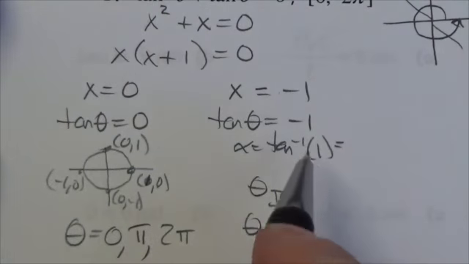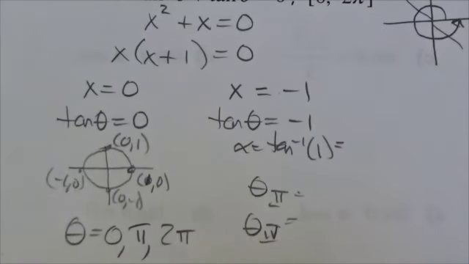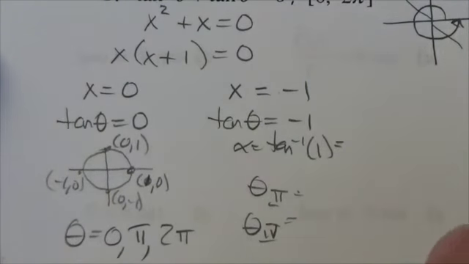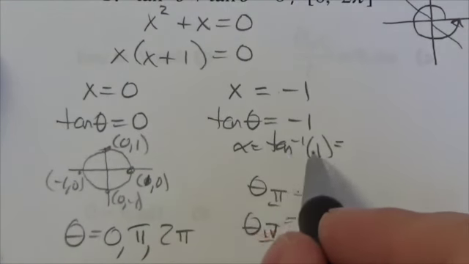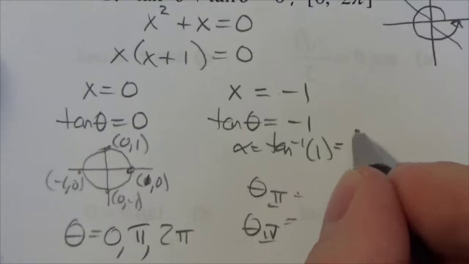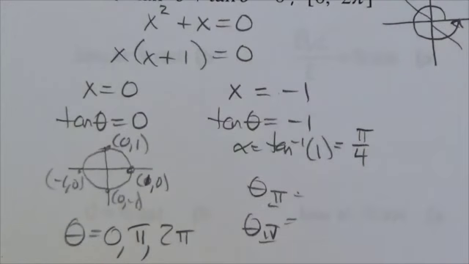I don't need the negative in there. I just need to know how big the answer is, not where it is. I already know where it is. And what function here, or what reference angle connects tangent and 1? At this point, I'm hoping it's becoming more and more automatic for you that that's pi over 4, or 45